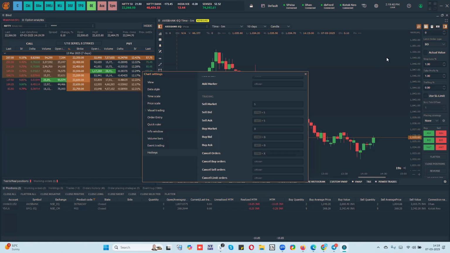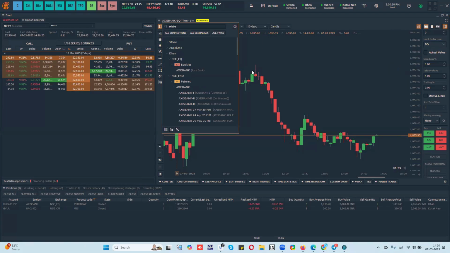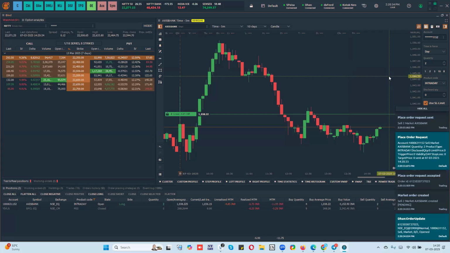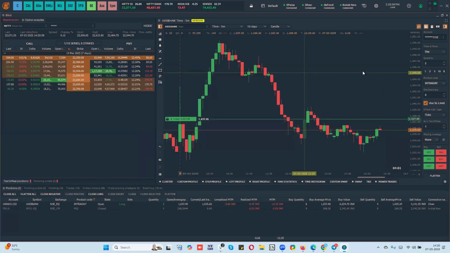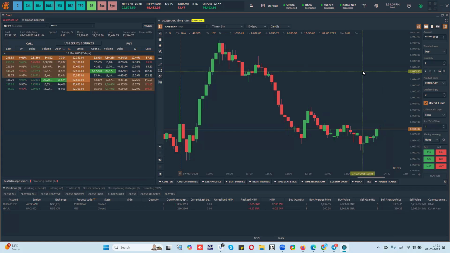Okay. So what you have to do here is, suppose you want to do keyboard trading. You just enable keyboard trading and say, I want to buy at market. All I have to do is select the quantity here and type B on the chart, and the trade will be bought at market. If I type S, the trade will be sold at market. So if I don't want any position, to close the position I will just click X. Okay, so it will close the position. So there are keys that you can select according to your requirement, what you can remember, and you can even use the keyboard setting for trading from the charts.